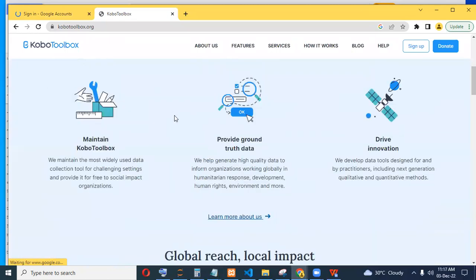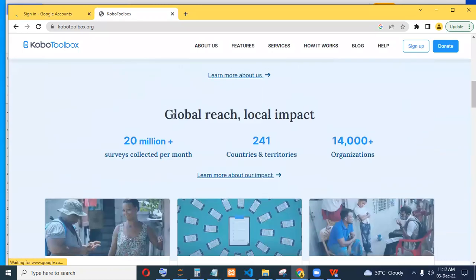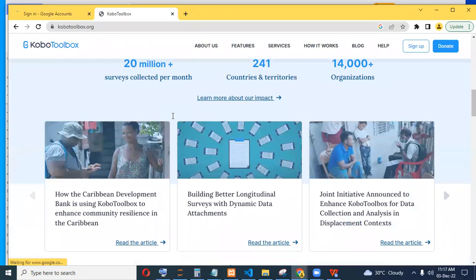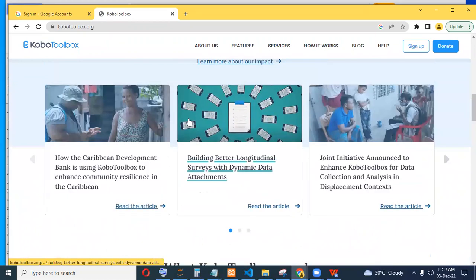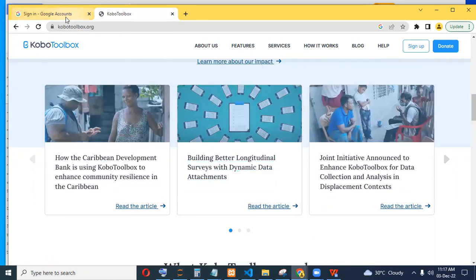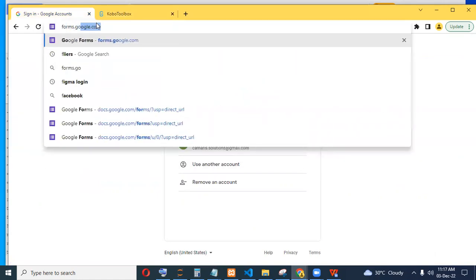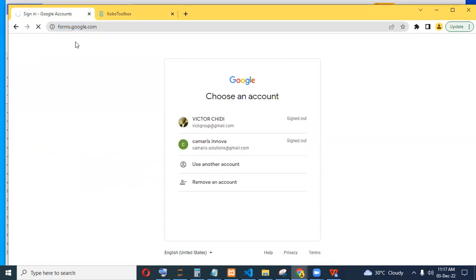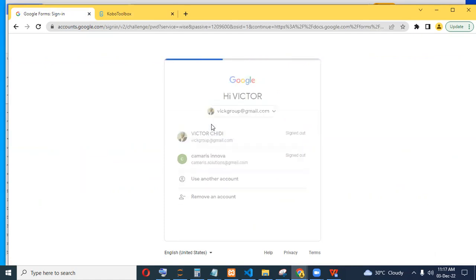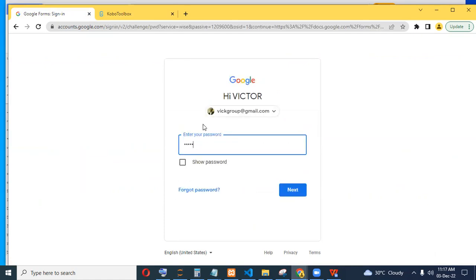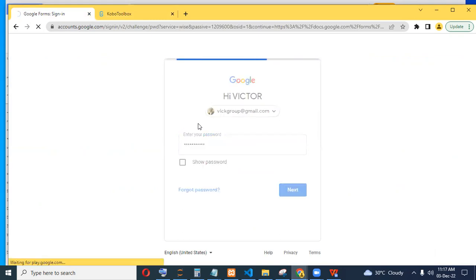The goal is just to put some questions, have a link, send a link to people. People can now fill the form. The advantage of Kobo Toolbox I see over the years using it compared to Google Form. So you say forms.google.com. Form is a type of Google Doc. So it's now telling me I should sign in. So I click on this. So it brings me to,